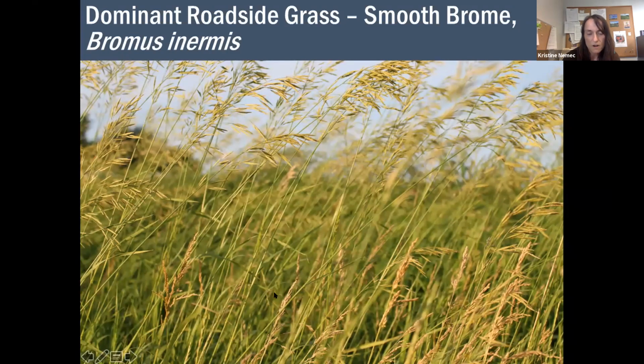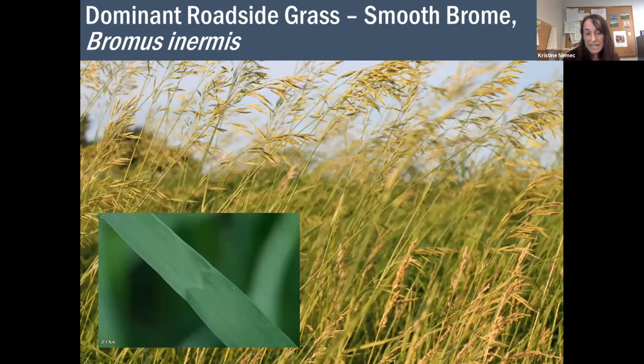It was introduced from Eurasia in the 1800s as a forage grass. It's also been planted by some roadside departments. It's not quite as common now, but it's fairly commonly planted. It's pretty aggressive, so it's not the ideal grass to have around native plantings, but it's what you'll often see in the roadsides. One unique characteristic about smooth brome, if you take a close look at the leaf, near the tip,